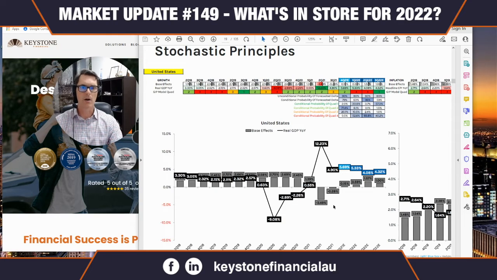Now, these are estimates, but the numbers that are used to drive the conditional probability of a quad are things like the base effect. So there's a 2-year look back to see what GDP was 2 years ago in this quarter, 1 year ago in this quarter, that sort of thing. Then there's a whole bunch of other data metrics that are looked at in real time, but also compared to previous data points. What happens is you end up with a conditional probability. There's a lot of complicated math behind it, but all that is to say that we end up with probabilities of a certain quad occurring. That's what I want to focus on right here.